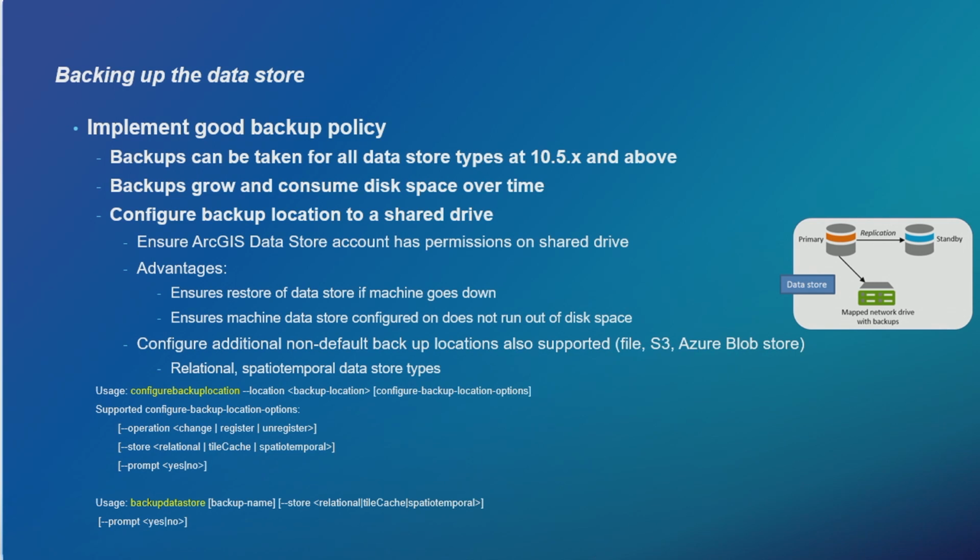For the spatiotemporal big data store, we don't have a backup automatically configured when you configure that data store type, so you have to use operation register. Use that in combination with the location and the store type, and you can configure